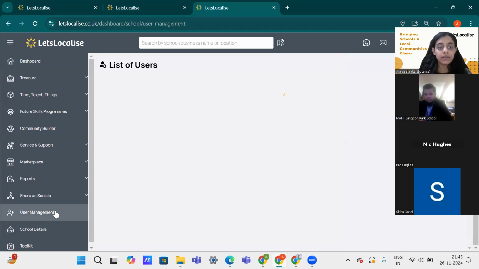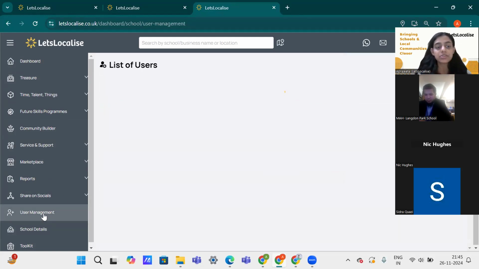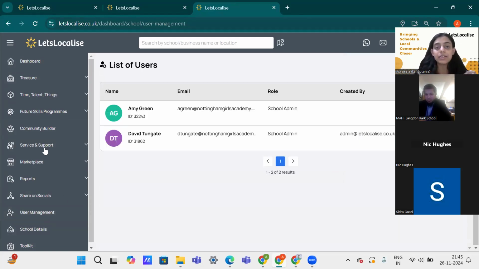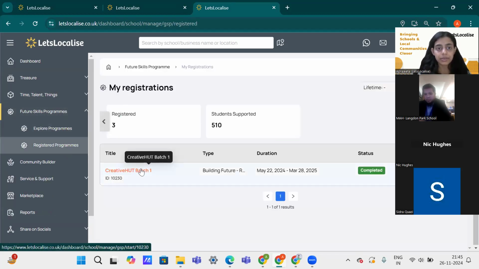Right. Then on the user management section, as mentioned, we have this user management section where you can add multiple teachers on the platform as users, and they can start accessing the course content and see the recordings of this CPD session or previous sessions, as well as access the expert talk sessions that we held in the previous 2 weeks for the students. Right, just going back to this program.